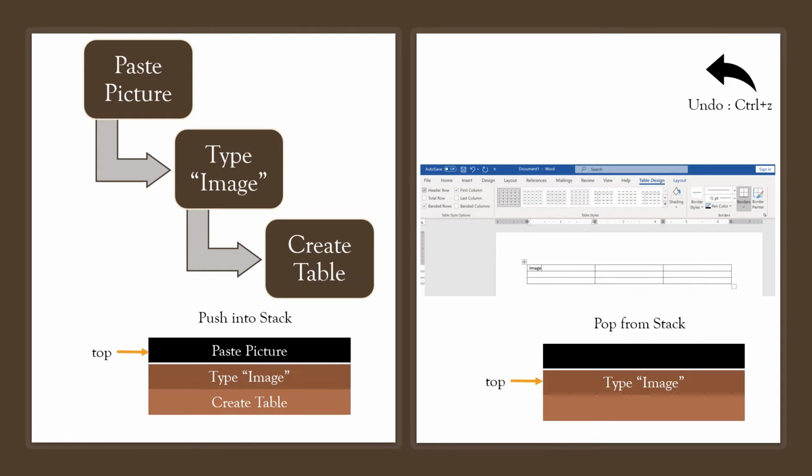After paste image is popped, now top points to the element type image, and the stack has no idea about the other elements which are present inside the stack. It only has a pointer to the top element of the stack, and only the top element of the stack is visible to the stack. This explanation is given to make you realize that when you are operating with a stack, the only element that you are allowed to access in the stack is the element pointed to by top. You cannot access any other element which is inside the stack before deleting the elements that are above it.